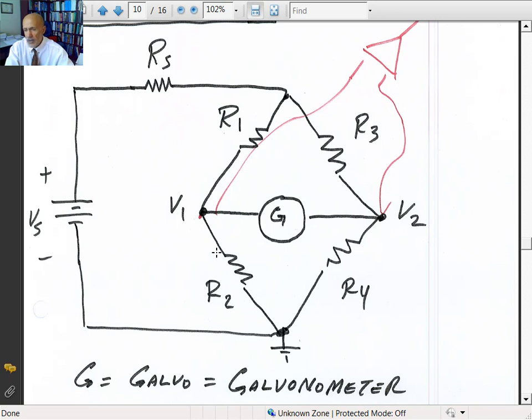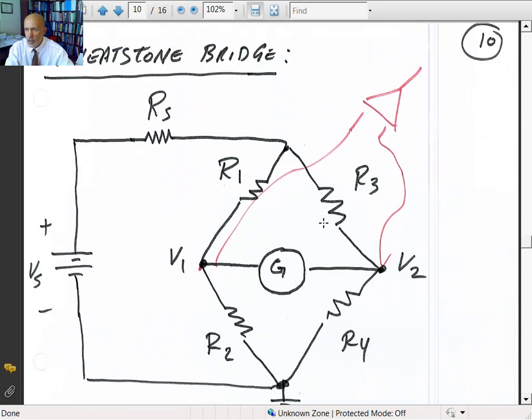If the bridge is unbalanced, then the voltage of V1 and V2 will no longer be the same. And so you have a very small voltage drop, and then you have current flowing. What they do is hook that up to an operational differential amplifier. Then you amplify the voltage here, and that will hook up to some kind of actuator to close or open